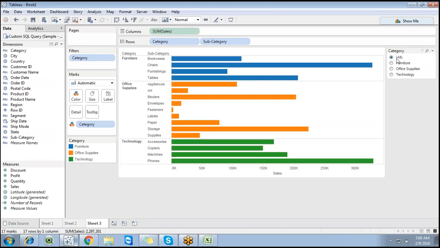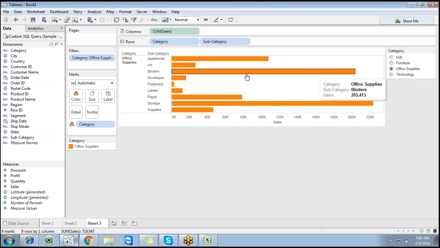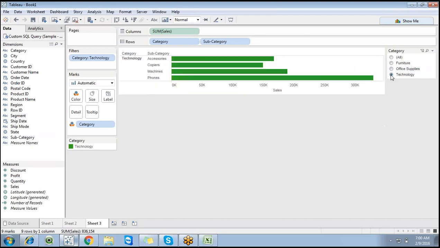So this is my requirement. First, initially I want to showcase all the values, similar to Flipkart or any particular website, right? First I want to showcase all the electronic goods like mobiles, but then I want to filter out all the elements and go for only one mobile's related information. So click on furniture. Now you can see furniture related information. So click on office supplies, you can go for office supplies related information, and select technology. So it allows only single selection.